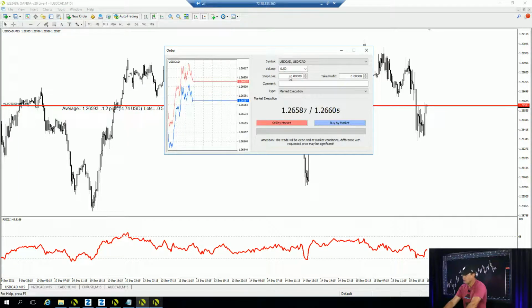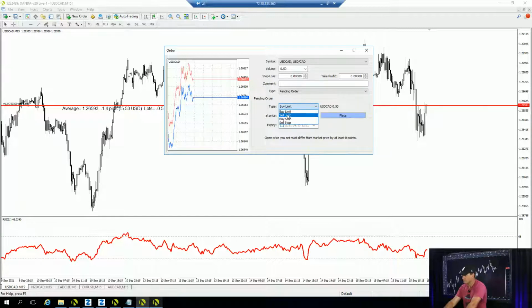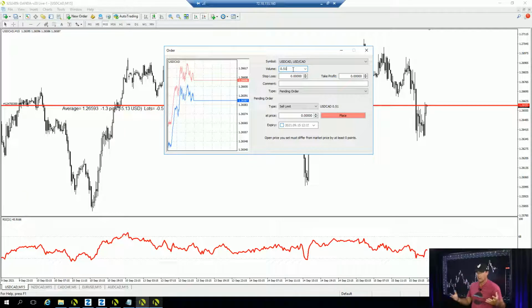This is going to be a new order, but this is going to be a limit sell order. Okay, there it is, limit sell order. And I'm going to sell at 1.2684. And I'm actually going to bump up my lot sizes to 0.51. So this is also half a standard lot, but I'm going to tick it up 1 micro lot. And the reason why I'm going to do that is because it gives me the option that